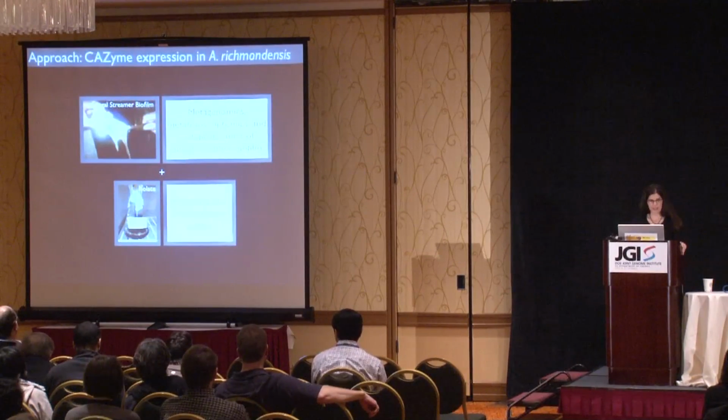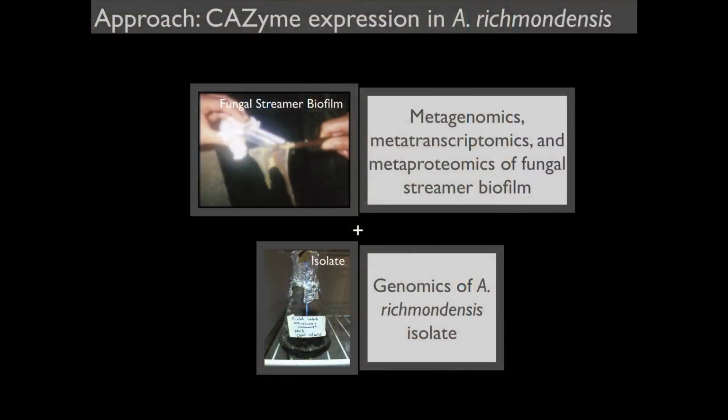So then we wanted to look at the CAZyme expression, again, these carbohydrate active enzymes in the AMD fungal streamer biofilms. And as I mentioned, this is dominated by one species of eukaryotes, the A. richmondensis fungi. To target the CAZyme expression by these organisms, we used metagenomics to look at the bulk DNA from